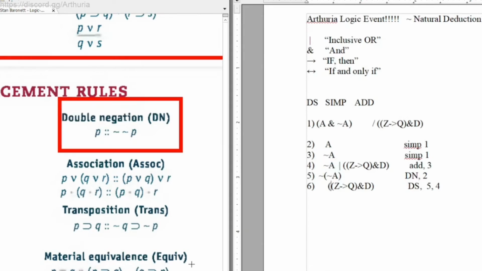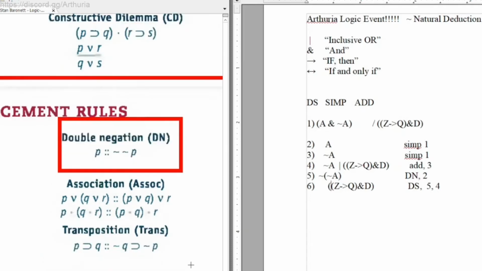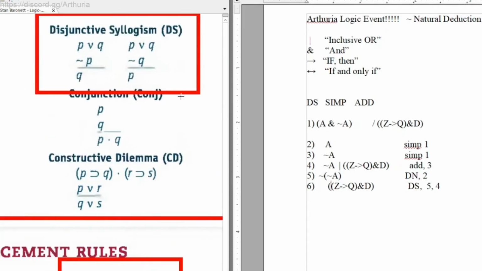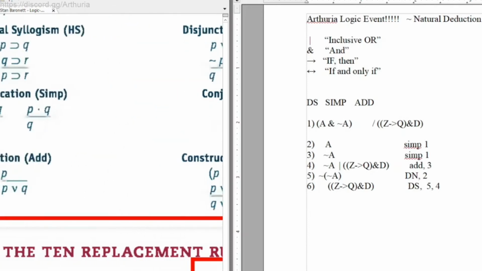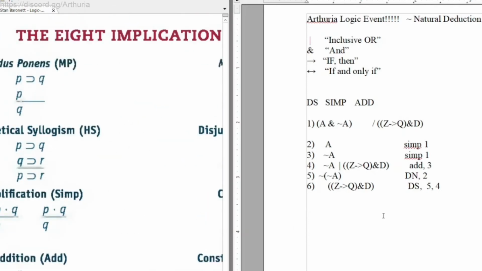Limits of add rule. Constructive Dilemma is garbage and I hate it, so we're not going to talk about it for now. Cool. We're going to look at